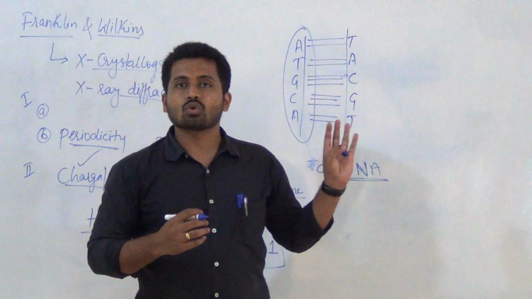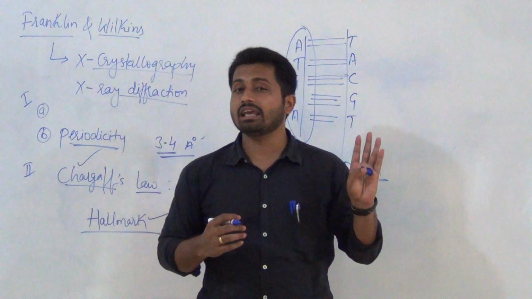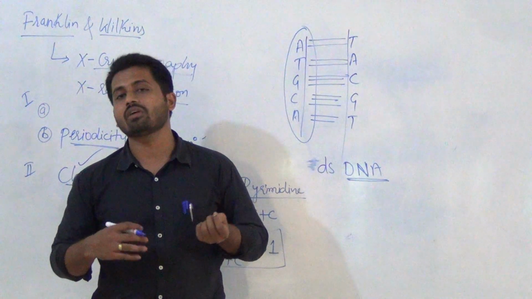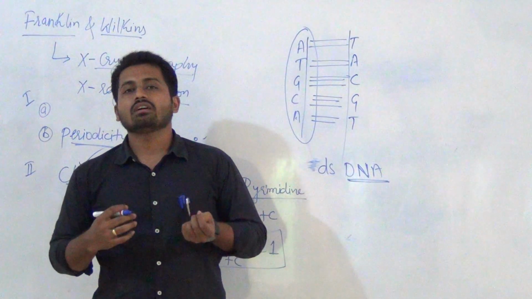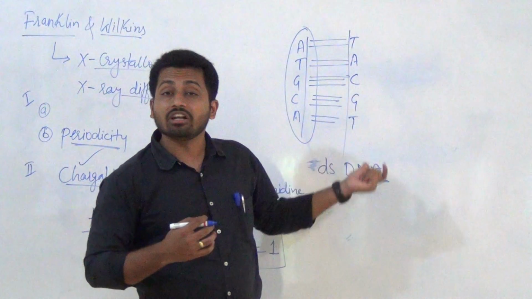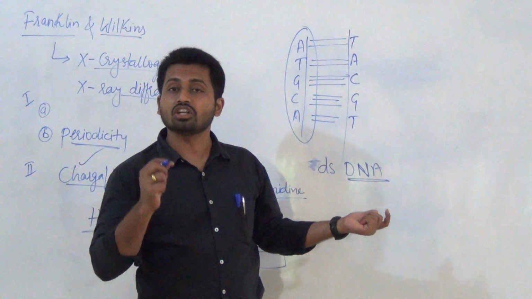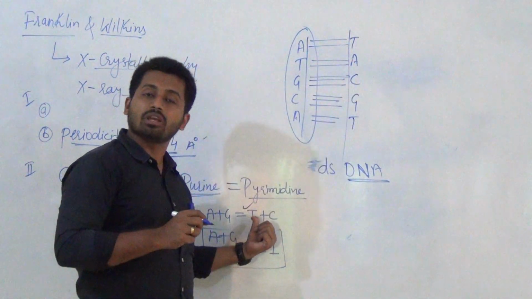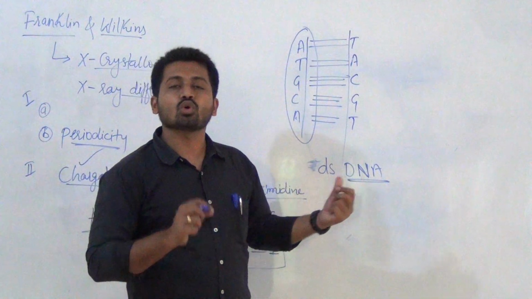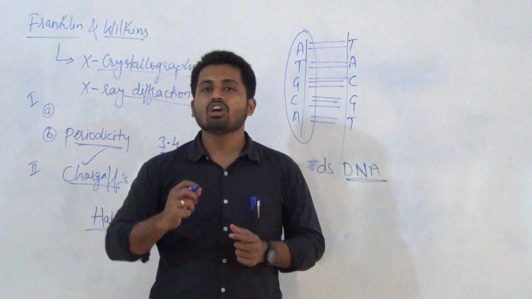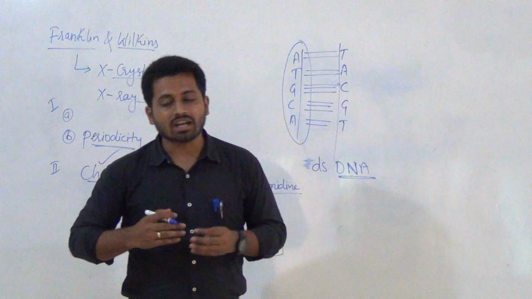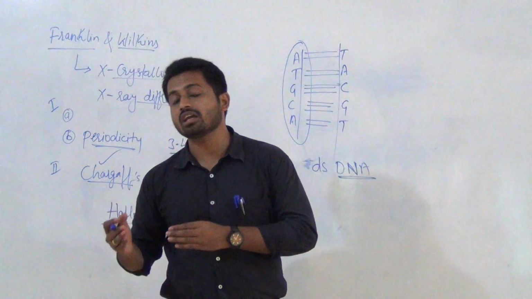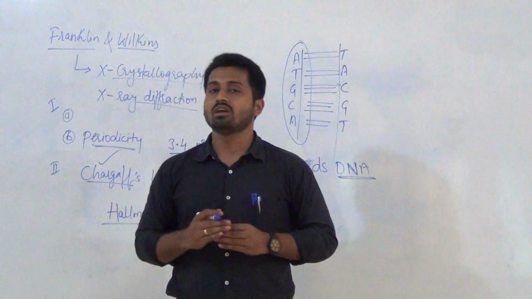So the first point was that DNA is a double stranded molecule, and the backbone is made up of sugar and phosphate. I am just revising the things. Second point, they have complementary base pairing. The word complementary is important. Complementary base pairing means purine always pairs with pyrimidine. Third, it shows right-handed coiling. Fourth, the two strands are anti-parallel with each other. That is, one strand has 5 to 3 prime polarity and the other strand will have 3 to 5 prime polarity.